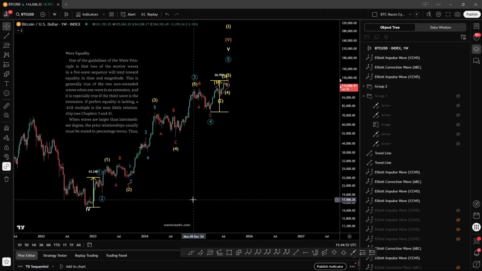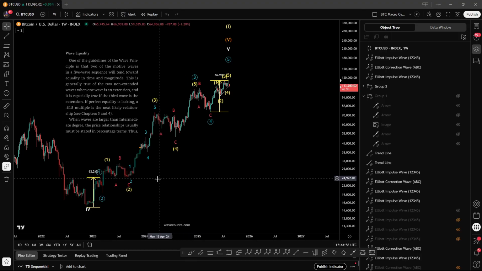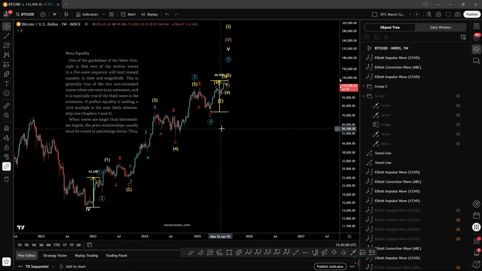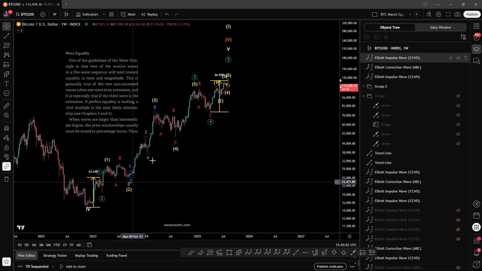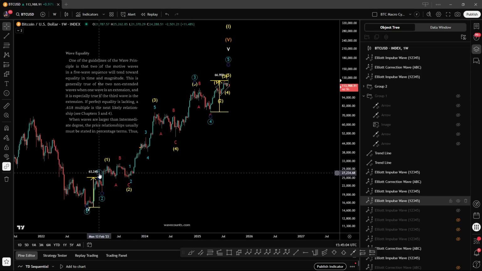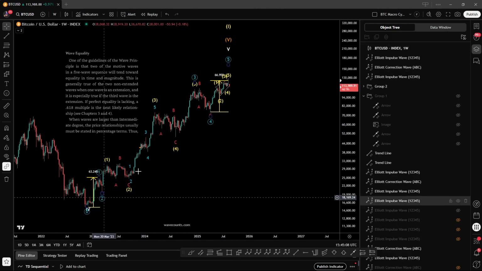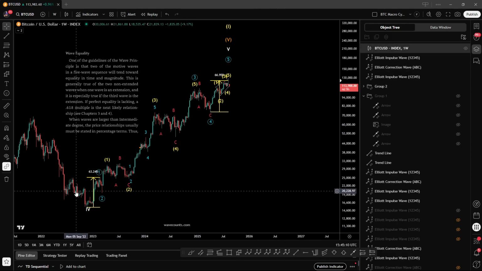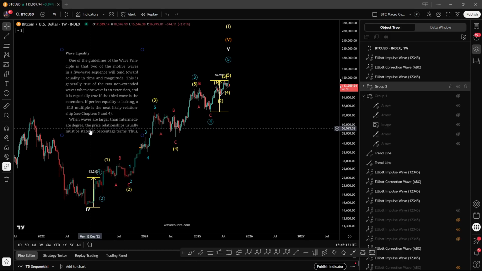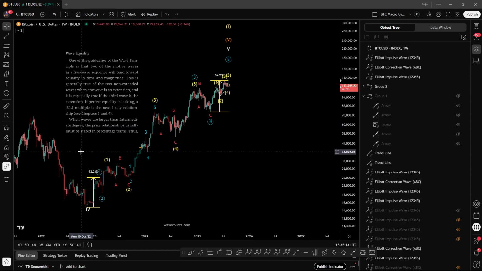Now, degree is admittedly subjective. Okay? But I have this labeled as a primary degree. Right? A final fifth wave, and these are primary degree waves inside of this wave, which is larger than intermediate degree. Okay? So